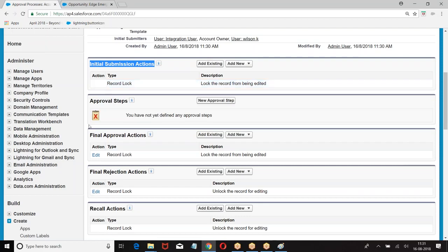Okay. Then approval step. To whom are you submitting the record for approval? Which is called approval step. New approval step.